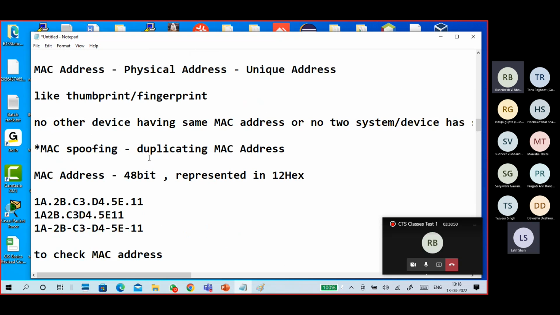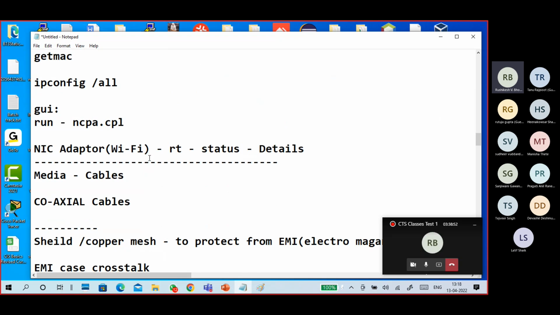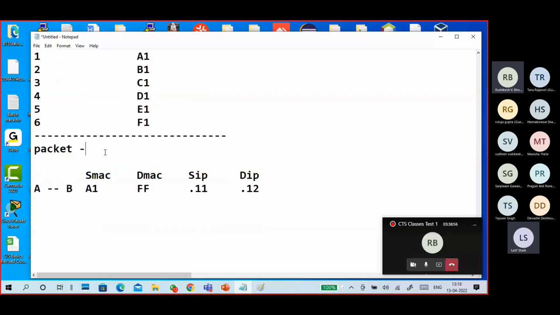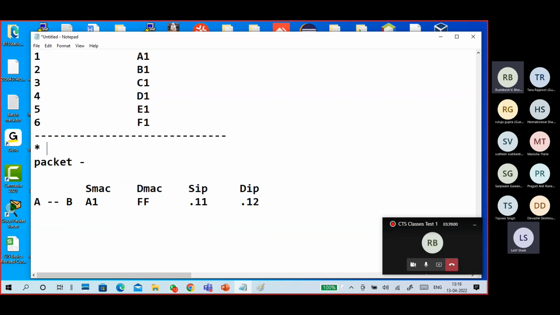Regarding NICs, we discussed that there only. Now I will put a star here: MAC broadcast address.